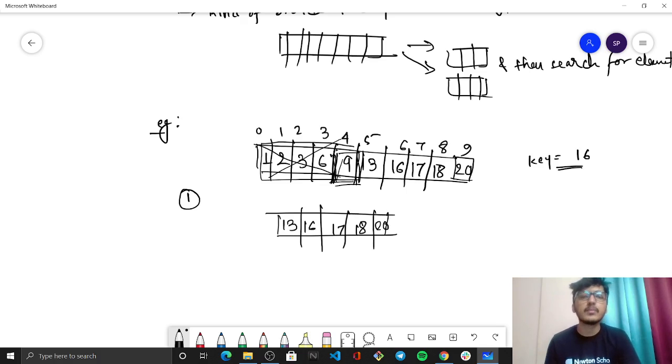Again we will find out the mid element in this one, which is 17. Now what happens is we will compare it with the key. Now the second case can be found out. Okay, in that, if 16 and 17 are compared and 17 is greater than 16, it means that all the elements including 17 will be cancelled off on the right since they are greater. Understood?